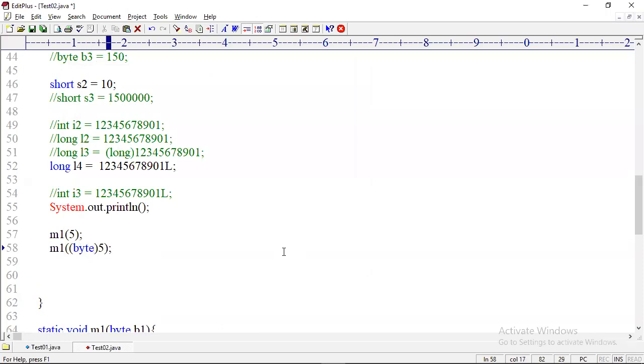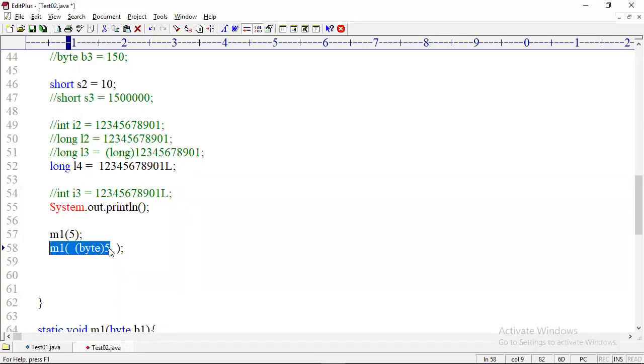I want clear clarity. I want you to speak each character I have typed there. Here 5 is what type? Many people are giving the answer byte. Still you have doubt. Here 5 is of type int. After converting 5, the left side of the cast operator is byte, the right side is int only. Int is converted to byte. The byte parameter M1 method is executed.